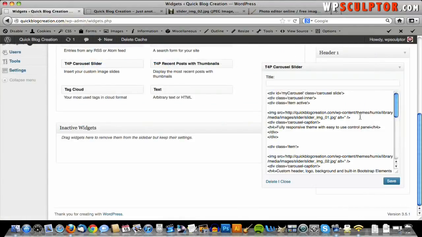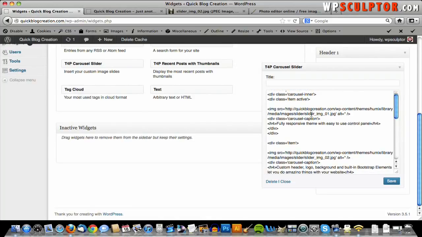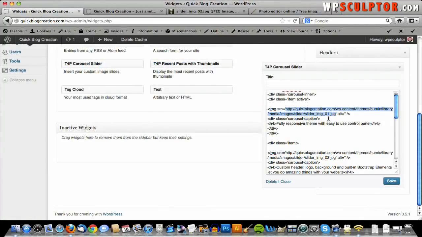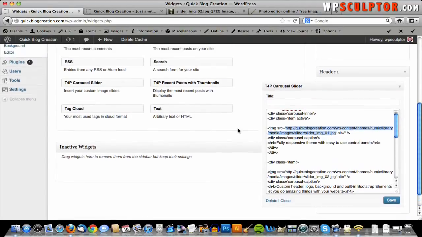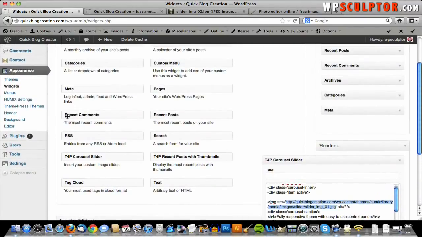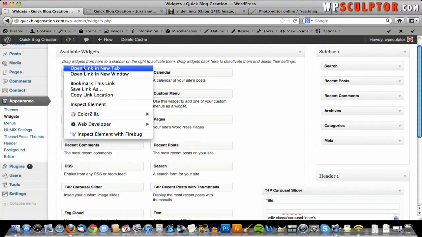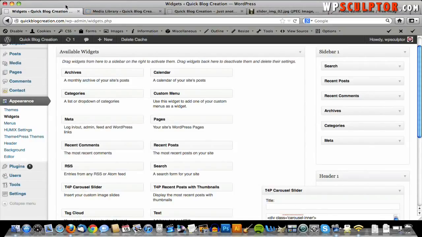Okay, but what I want you to realize, go back to your dashboard, and right here, in between this and this is a URL for the image that is showing up first, for this image right here. We're going to replace this URL with the URL of the slide we want to show first. So what we're going to do is keep this page open, and we're going to open our media library, and I'm going to hover over that and right click or control click and open link in new tab so that we can stay on this page,